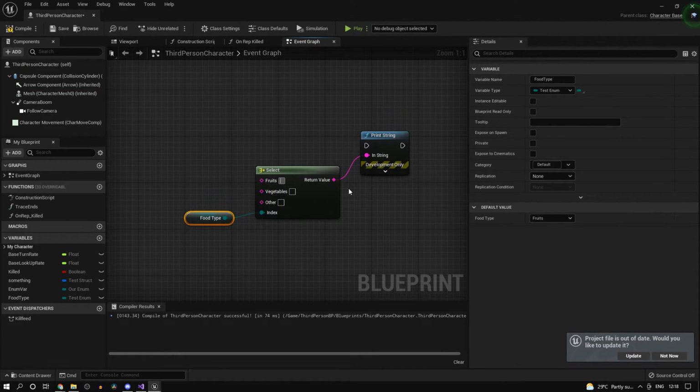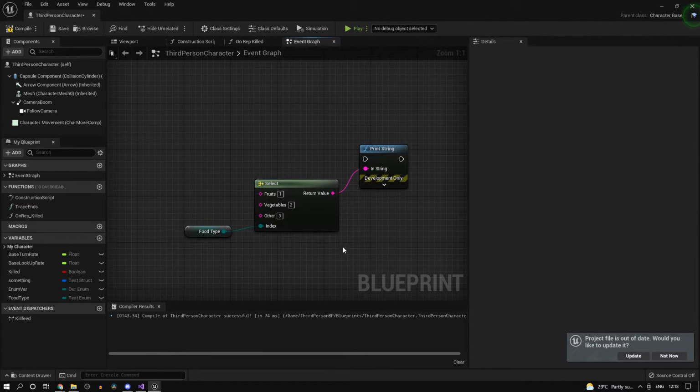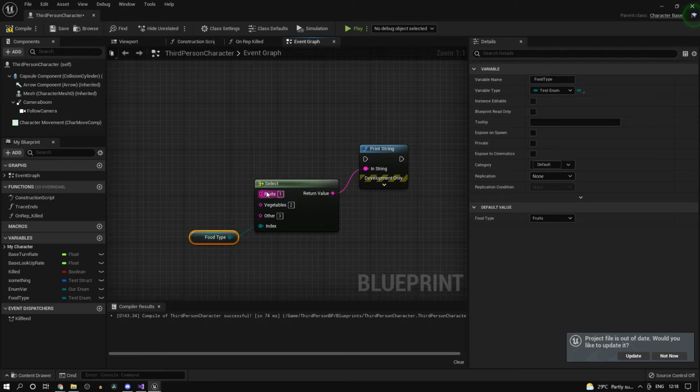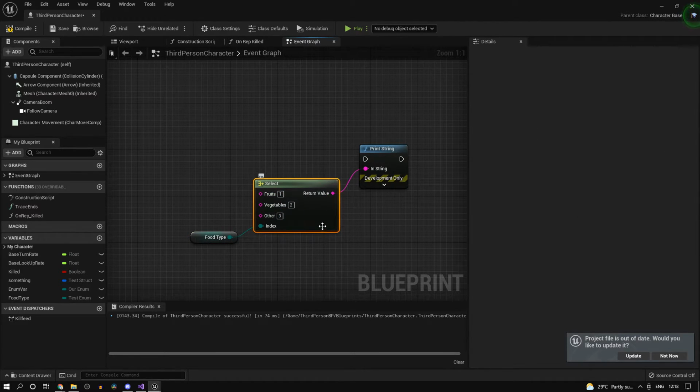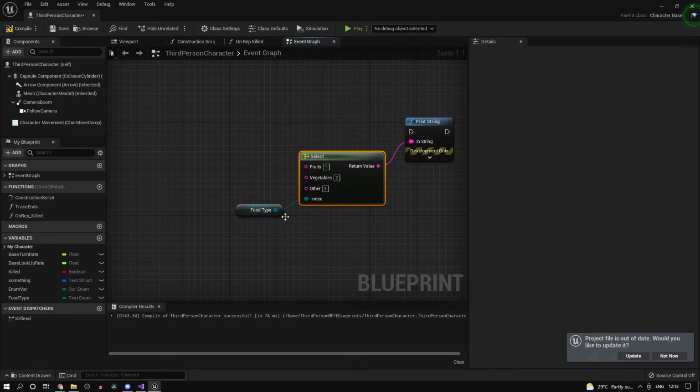So let's say I type in 1, 2 and 3 just to keep it simple. So if the food type is fruits, the return value of this is going to return 1. If the food type is vegetables, the return value is going to return 2, and same for the other. It's basically the same thing.